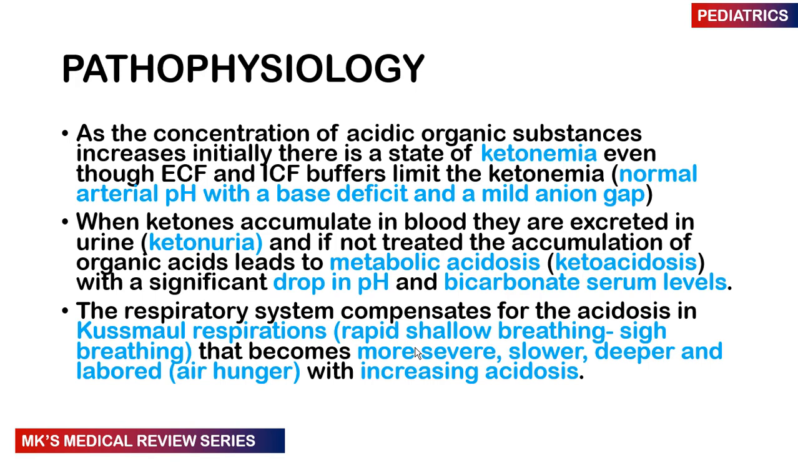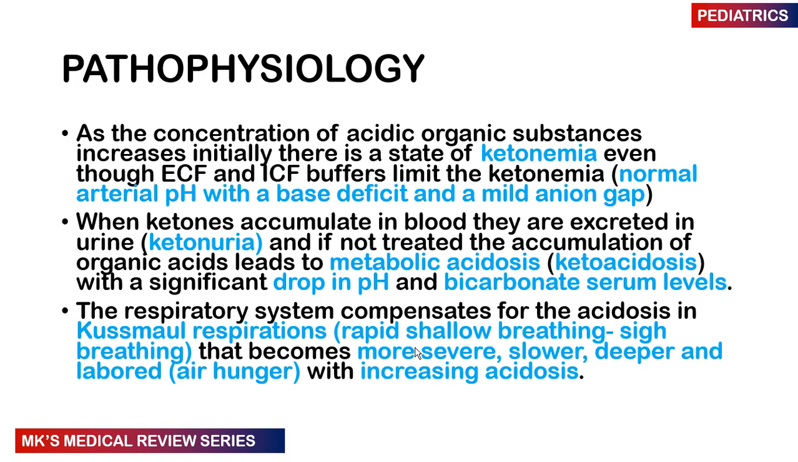Then, because now you also have accumulation of these acidic organic substances, the normal arterial pH will become acidic, and of course you will get an increase in the anion gap. I'll talk about what the anion gap is. Now, the bicarbonate levels in the blood are also going to drop because you're trying to buffer out this acidosis